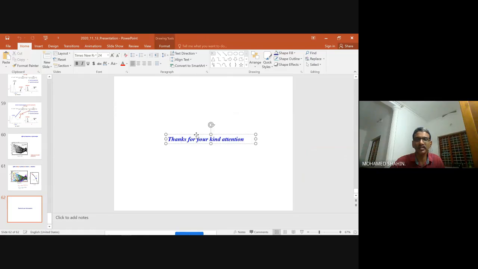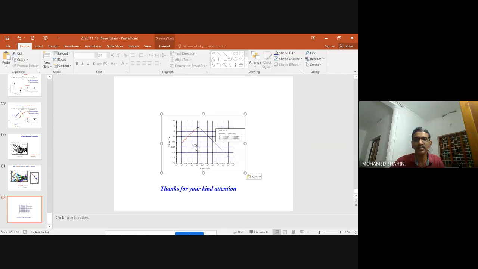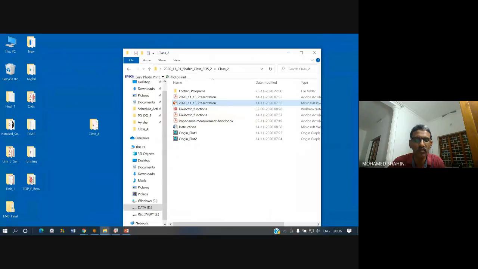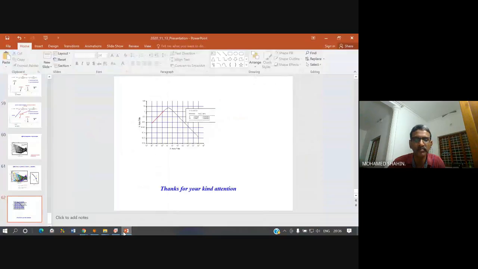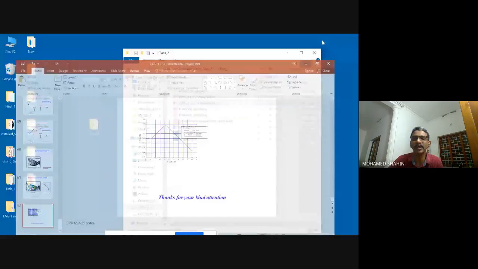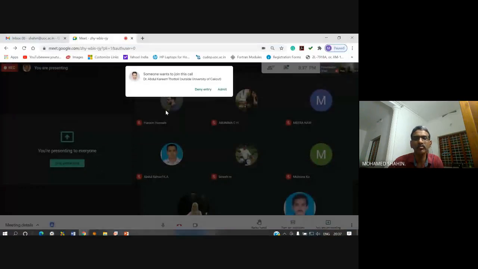So let us see. Paste. Now once you paste it, it is pasted along with embedding the data. So there is no problem in taking the data by double clicking the program. You will be able to